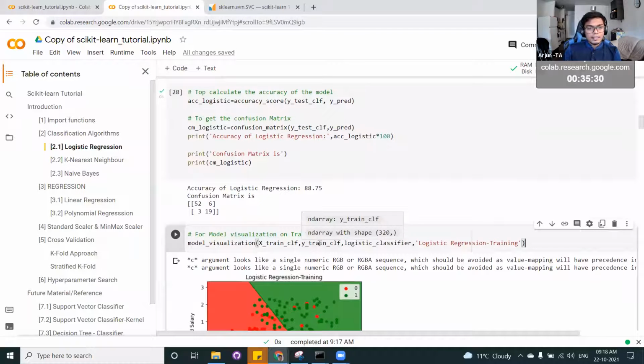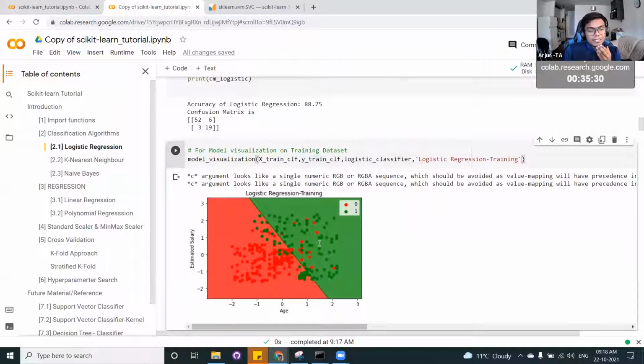And then here we will be visualizing the model. Any idea why we got a linear line separating class 0 and 1? Any answer in the chat? Why do you think we got a decision boundary like this?